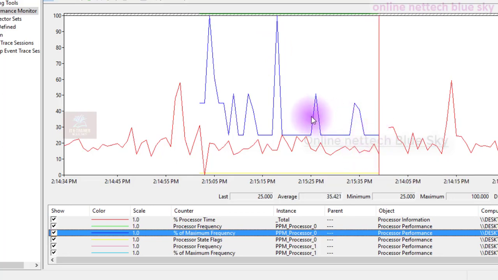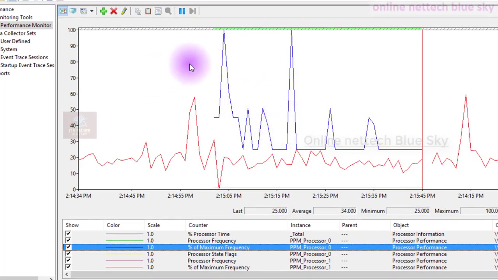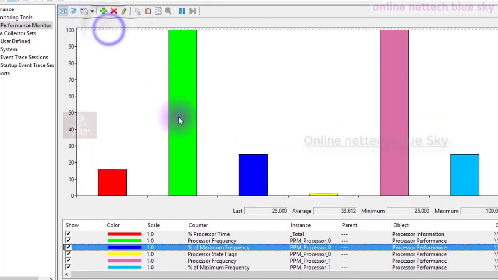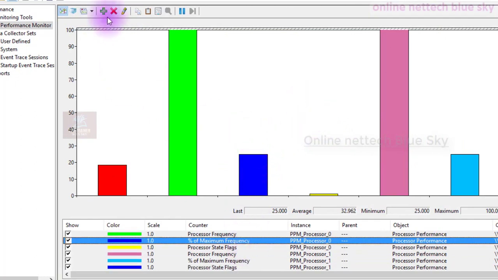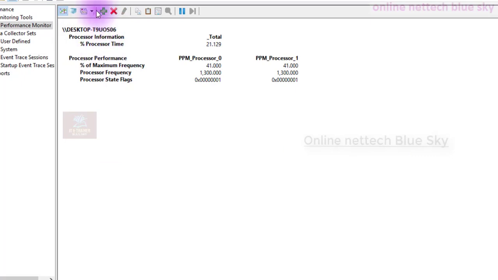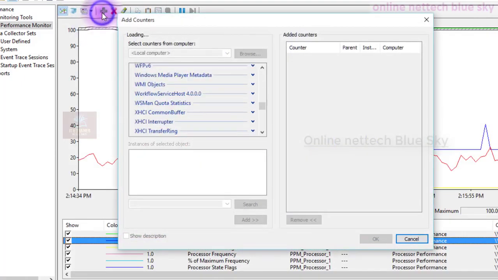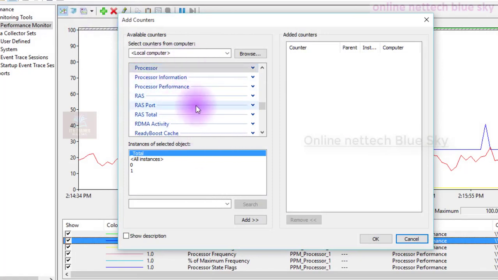So frequency is one type of measure of your computer's speed. Again, I am showing the lines over time, you can see the history time. You can see here everything showing in columns, and you can change the report type again. So this is a report type, and the line is showing me. Plus, you can add. I already told you.